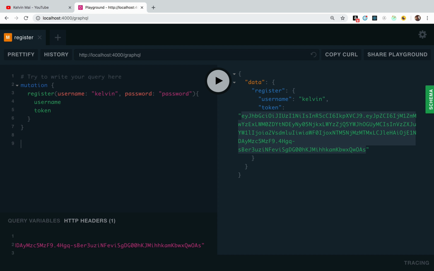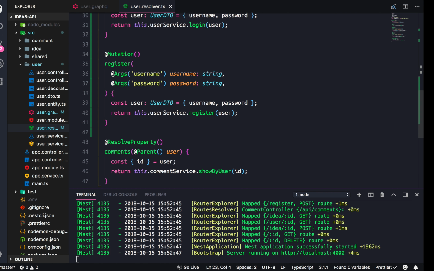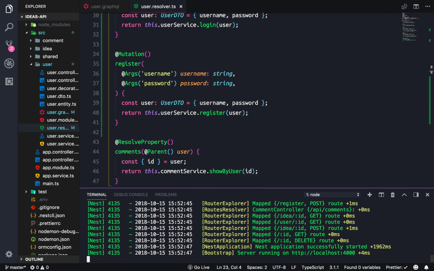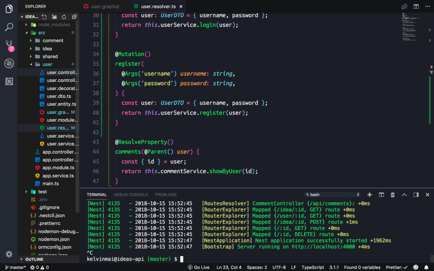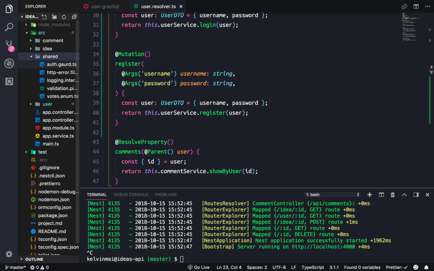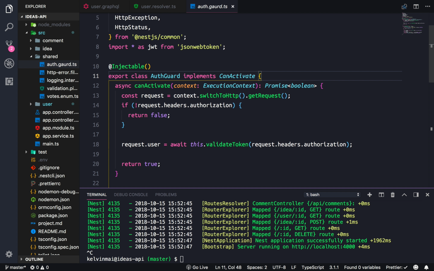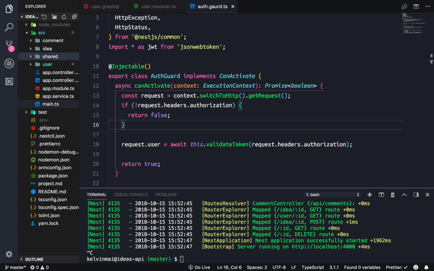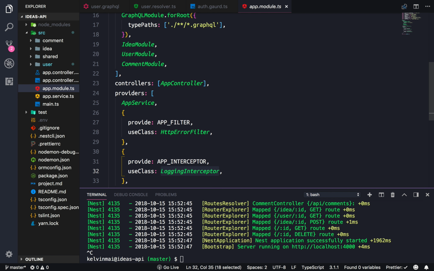And now we need to go ahead and change our authentication model to take care of this. So to do that, I'm going to close the server. Let's go into our auth guard. Right now, the auth guard is checking the request object, but that only exists on the HTTP request. It doesn't exist in the GraphQL context. So we actually have to change our GraphQL